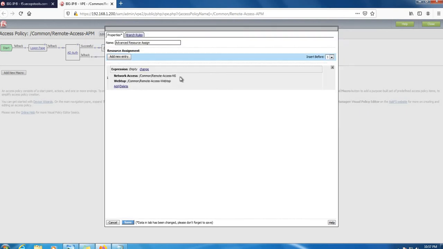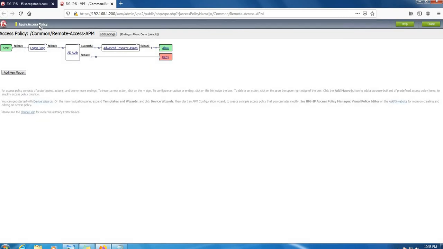So we have got the network settings and the webtop. Save it. So that's why it was giving an error. Okay, apply the policy, and let's go back to the remote PC.